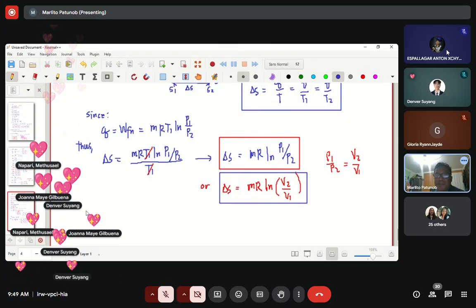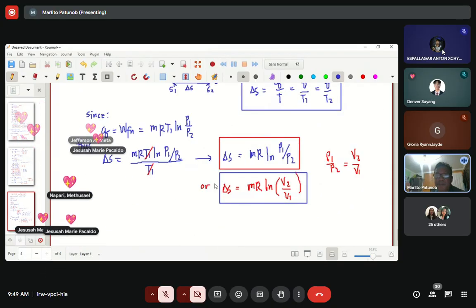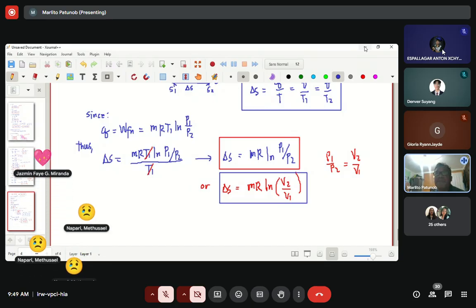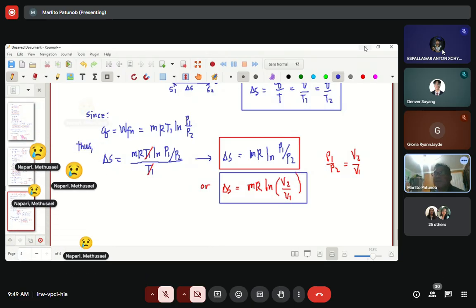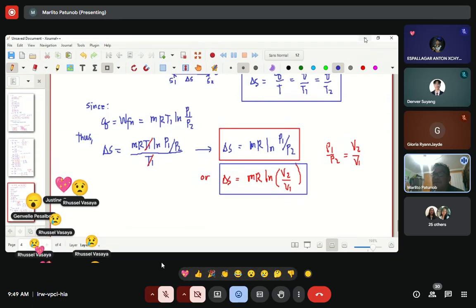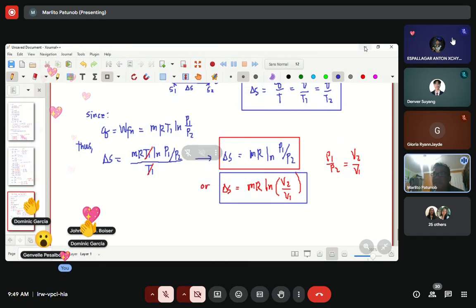Maybe this afternoon. Okay, I would have liked to discuss this in the class, but it is fine, we have to keep everyone safe. Safety is the first priority. Safety first, no?